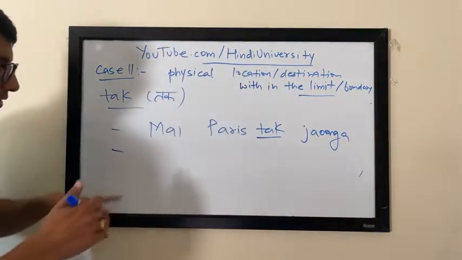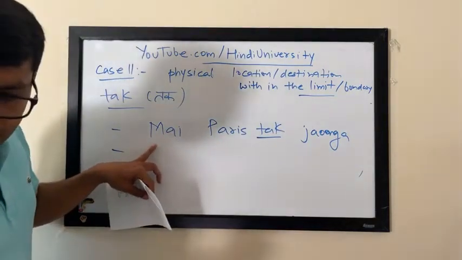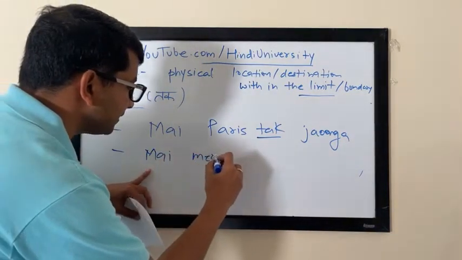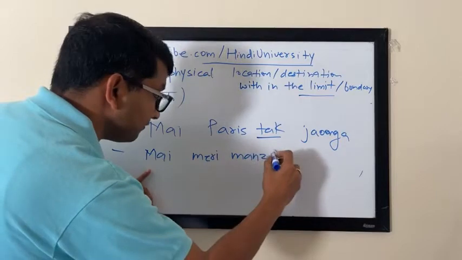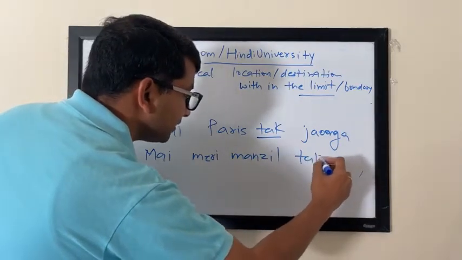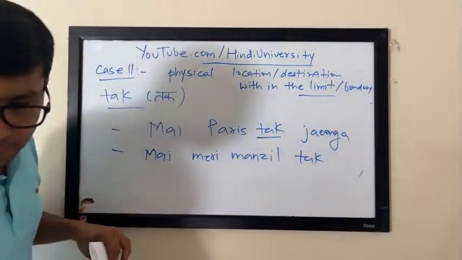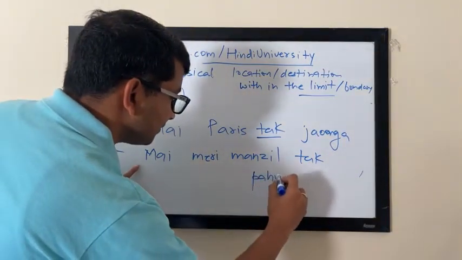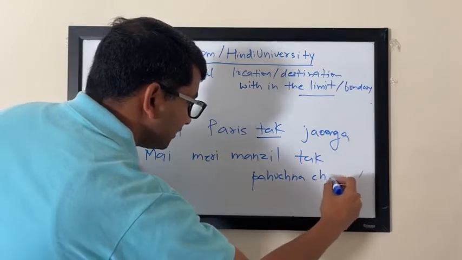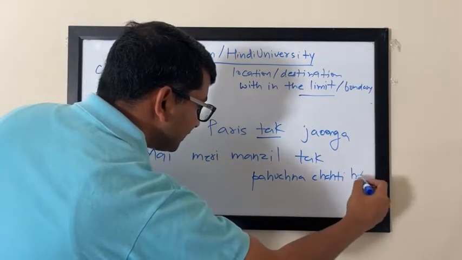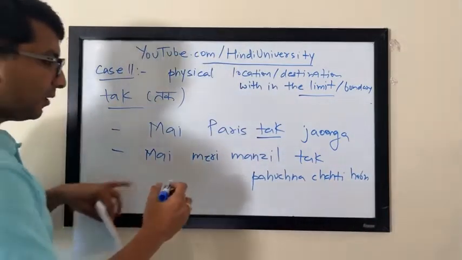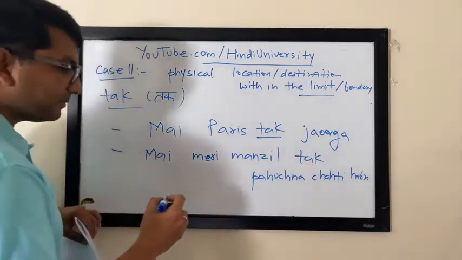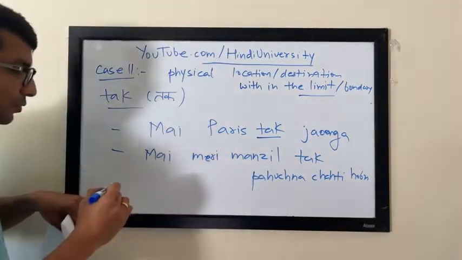Okay, Taraji, you want to give an example using tak? While you are waiting, Maha gave a very good example, which is मैं मेरी मंजिल तक पहुंचना चाहती हूँ. It's a very interesting word. पहुंचना चाहती हूँ. Can you explain this one? Yes, I want to reach my ambitions. Very good. My ambition or my goals.